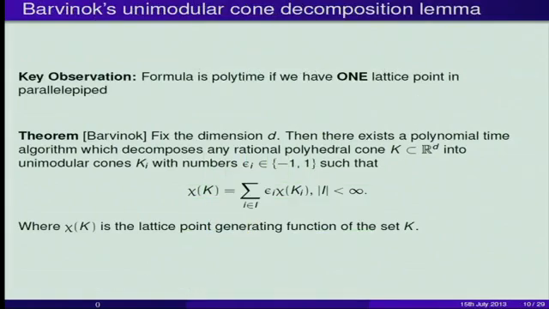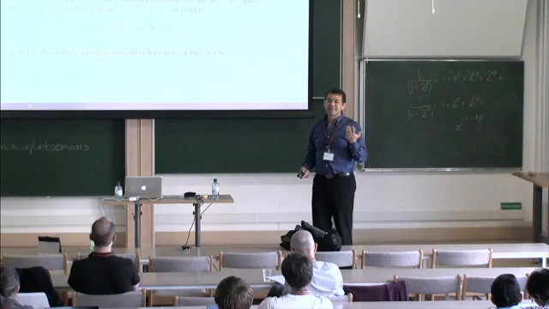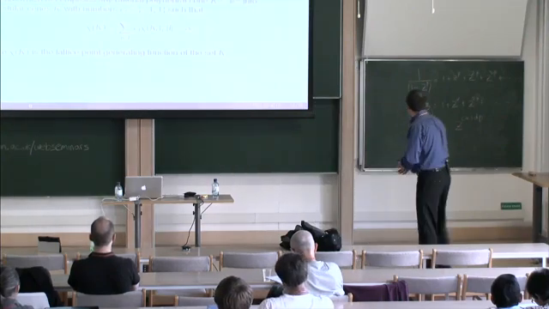So that's what Barvinok called the unimodular cone. So I repeat, a unimodular cone is a simple cone that has just one lattice point in the fundamental parallelepiped. So that's his theorem. You give me any cone, and I can break it as a union and addition of unimodular cones. And there's polynomially many of them. So that's exactly why the formula that I showed at the beginning is going to work. In the Barvinok formula,